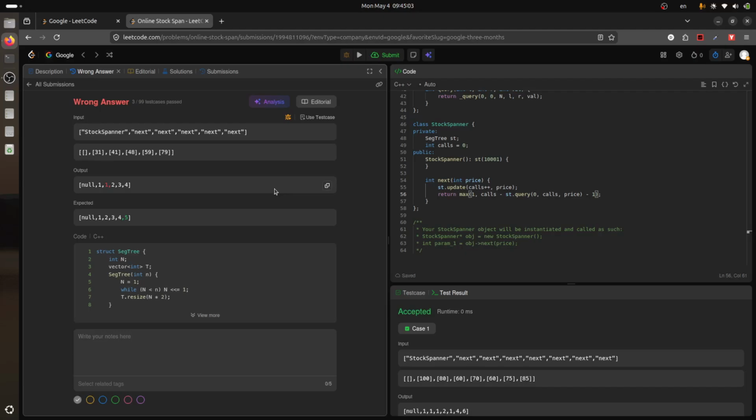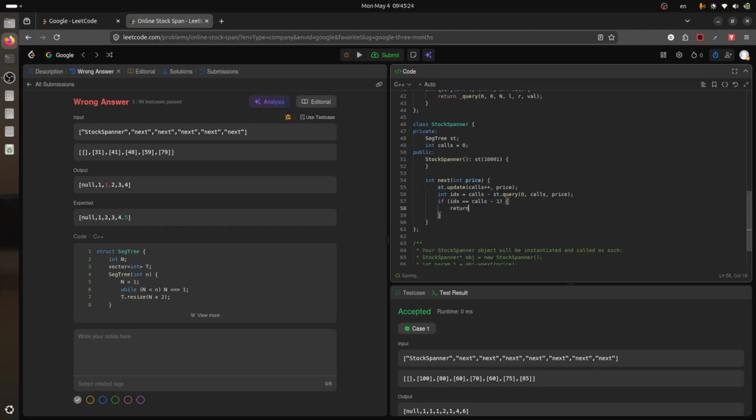No, okay. Sucks. No, so that's index, right? And now if index is calls minus 1, return calls, otherwise return,